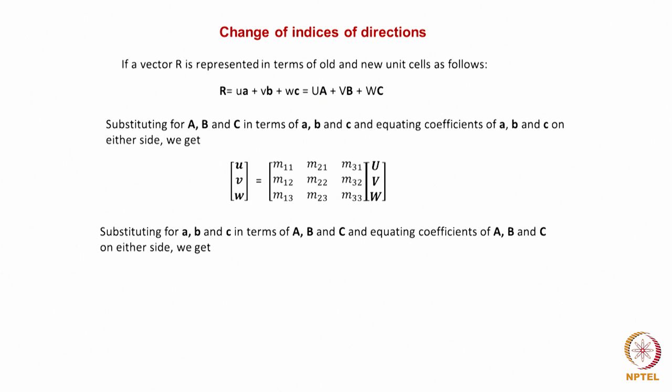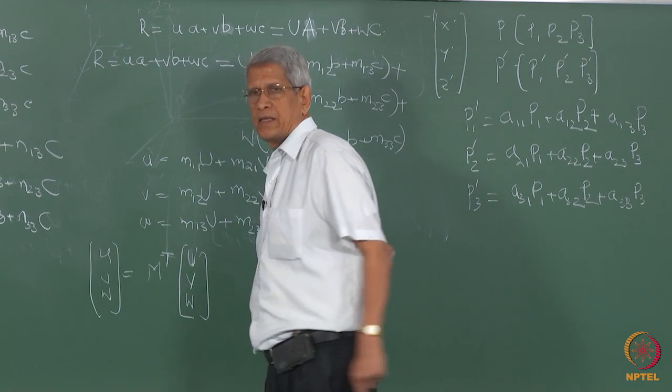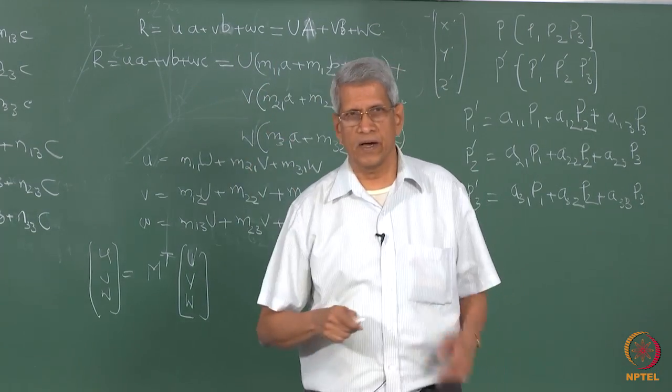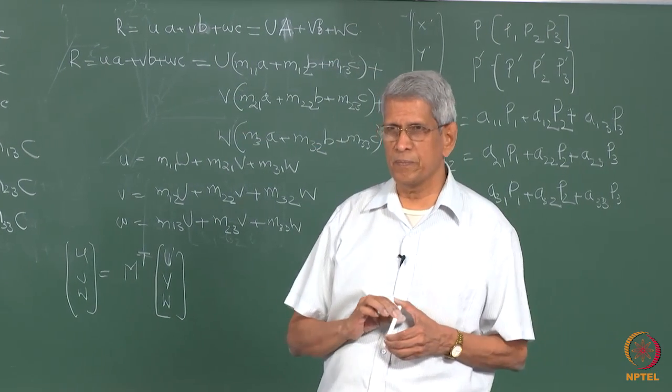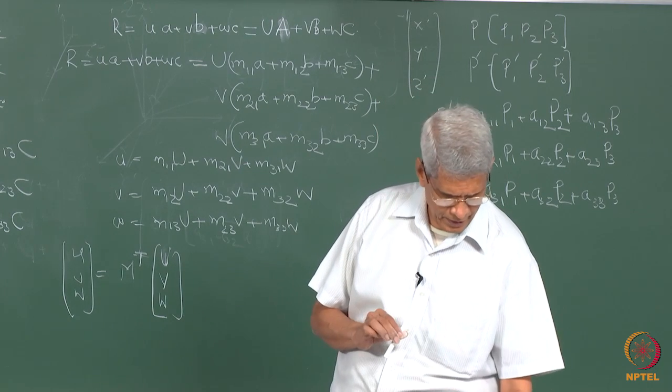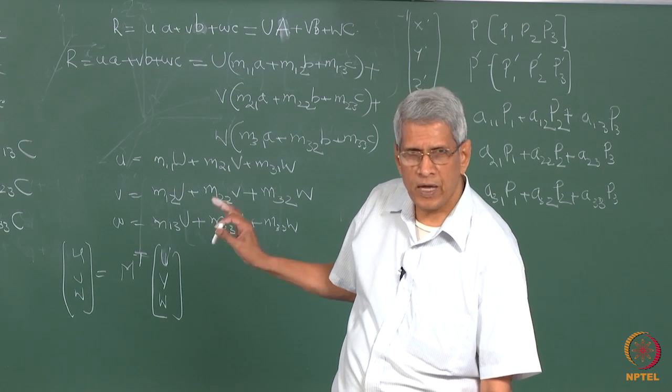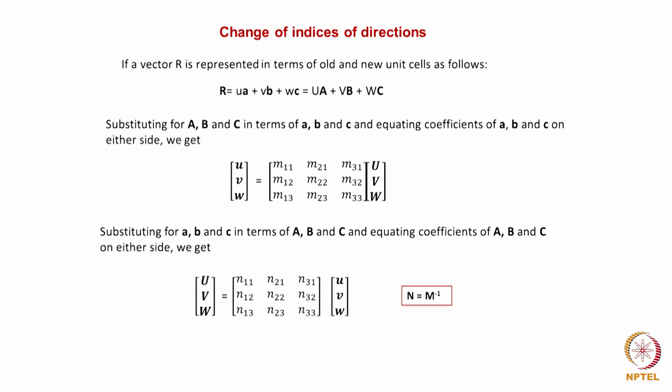In a similar way, we can substitute for A, B, and C in terms of the new coordinate system, and then do the same algebra. What we will end up with is that U, V, W